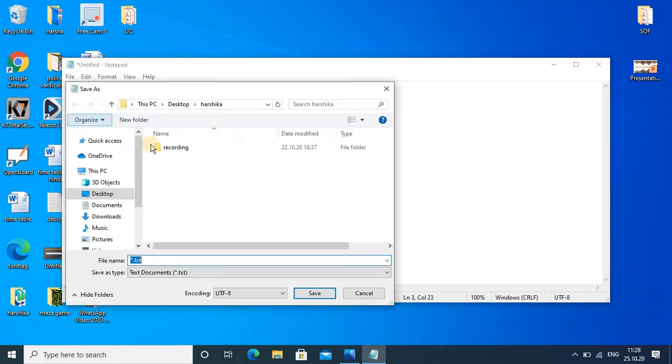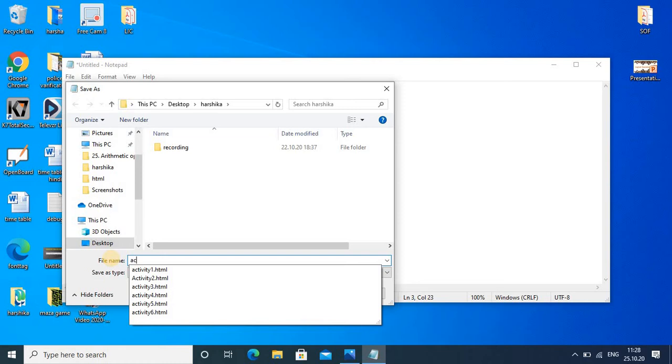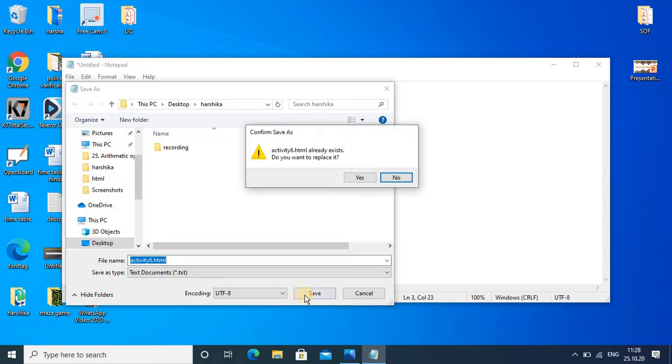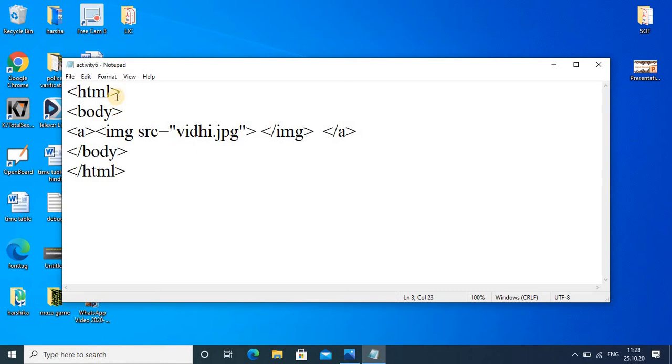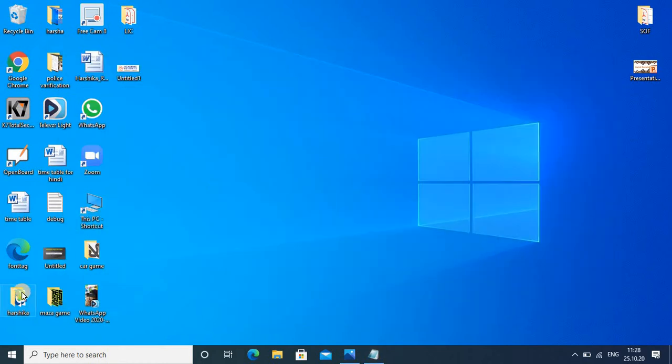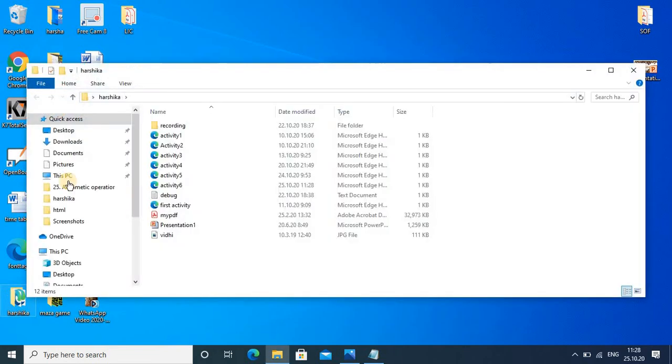Okay, save it as activity6.html. It is already there, I think it will show a message. So I want to replace it, click on S, and now I will show you this, activity 6.